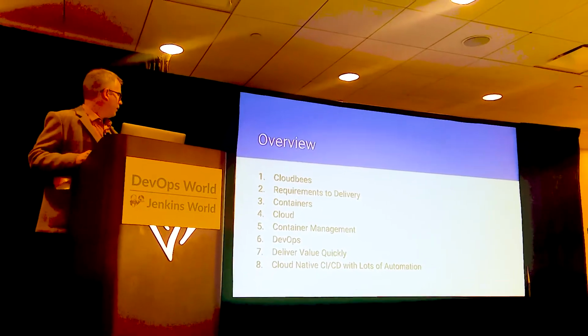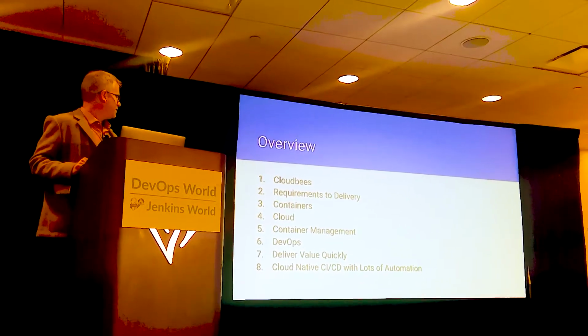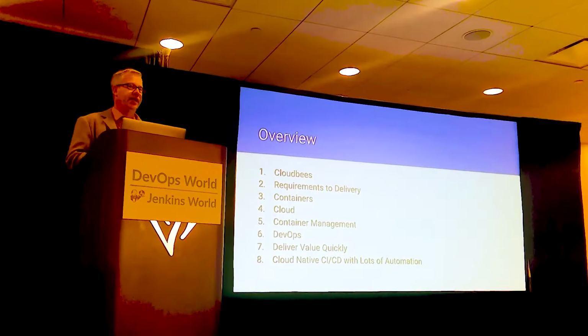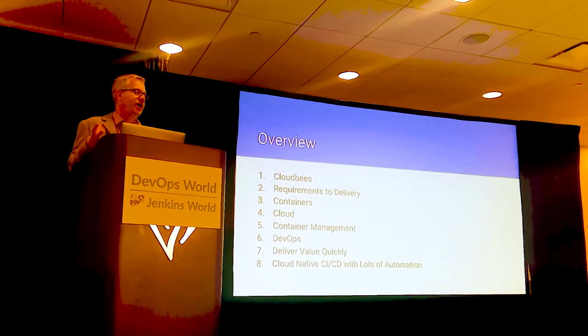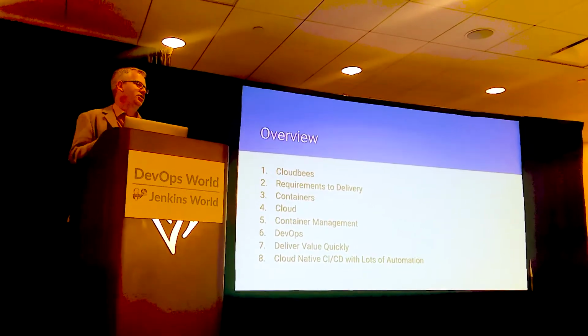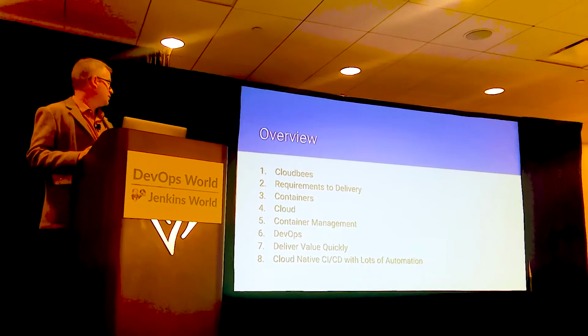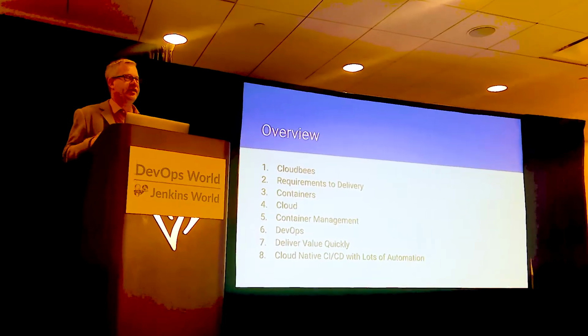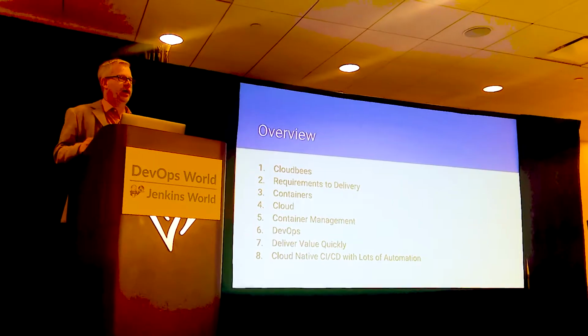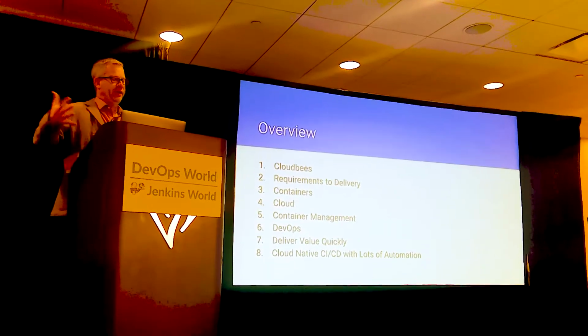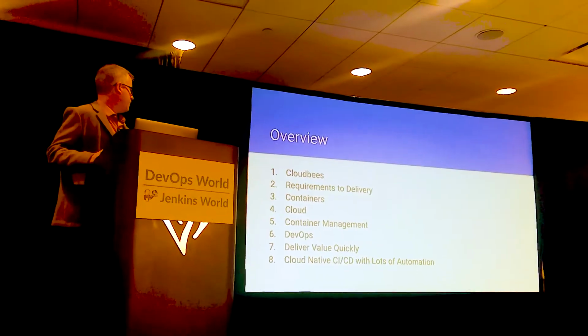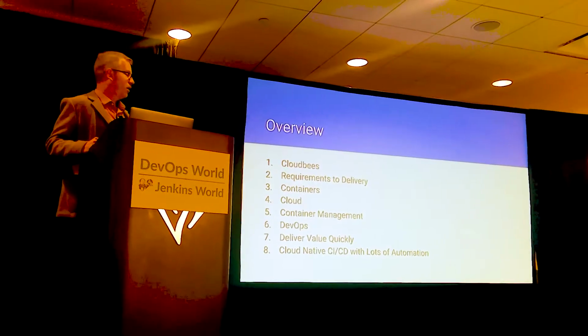So an overview of what I'm going to cover in 10 minutes is, obviously I mentioned CloudBees and Jenkins X. Jenkins X, the open source project itself, actually bleeds technology into CloudBees Core. So a lot of the things you'll see today are actually part of Core as well. So when we talk about scaling, what I'm going to show you today is possible with CloudBees Core and DevOps